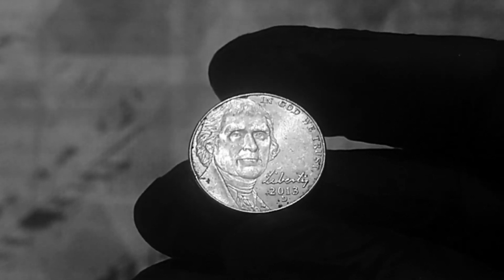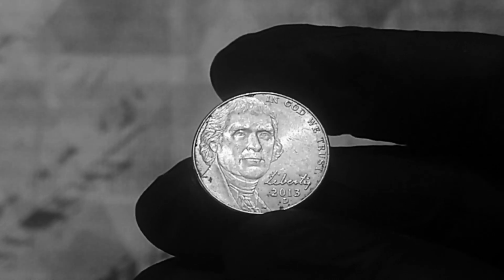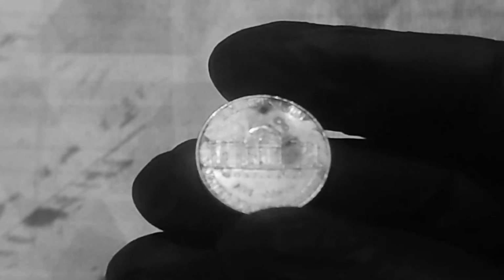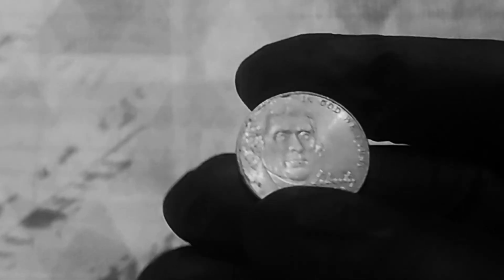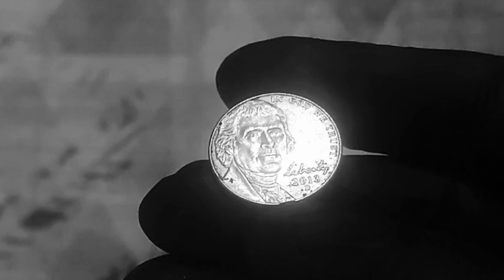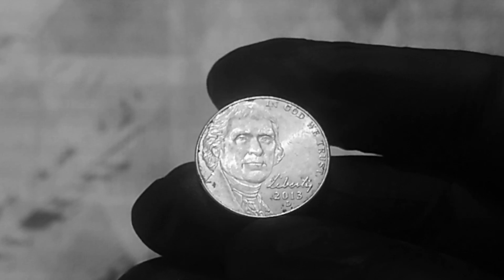The 2013 D nickel, therefore, becomes part of a larger conversation about valuable assets deemed stable during times of economic fluctuation, creating an opportunity for astute investors who want to hedge their bets and support the art of coin collecting while also making prudent financial decisions. Examining the long-term implications, stories abound of how collectors who acquired error coins at minimal price points later